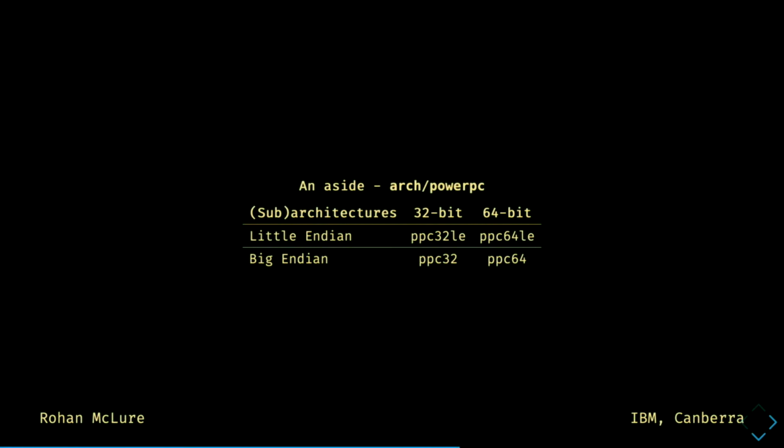Why is it so big? Well, you could hint to a few things, I suppose. For comparison, ARM has spun off its 32-bit and 64-bit subsystems, and so we're like x86 in that respect. They're both under a common subdirectory. But unlike x86, we're bi-endian. So you end up with this kind of horrible matrix of platforms running on Arch PowerPC, and sometimes the same code services all 4 of these platforms.